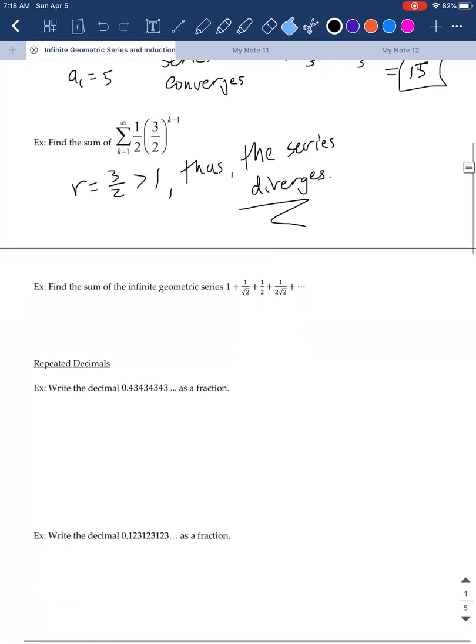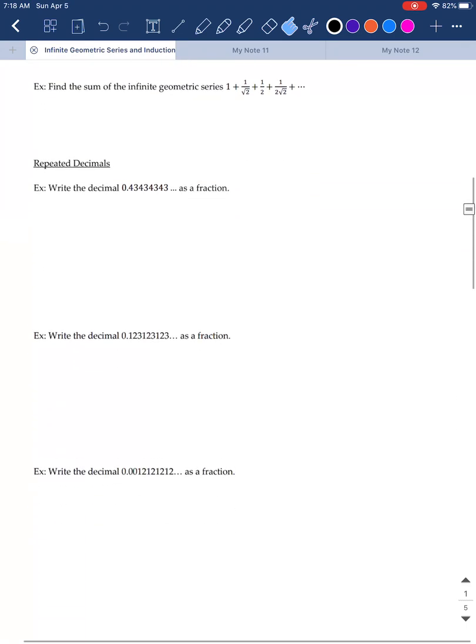All right, so we'll scroll down here to that second page. We'll do these examples next time, but I would say go ahead and try them on your own first, and